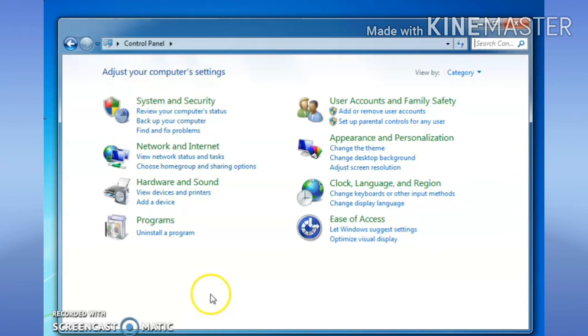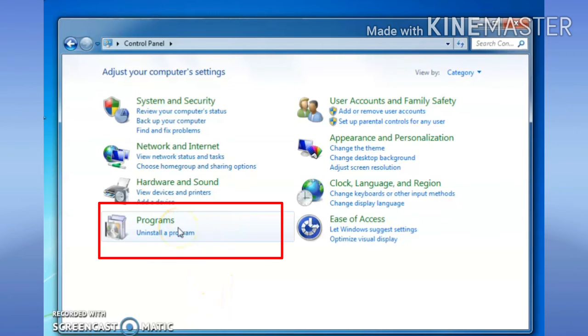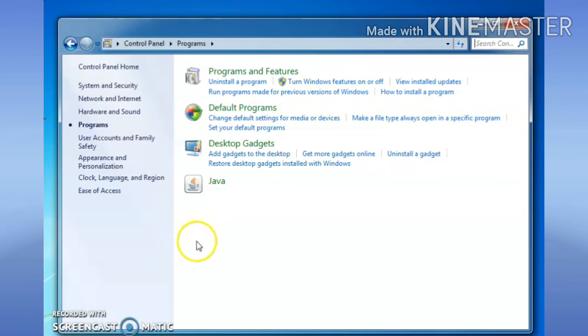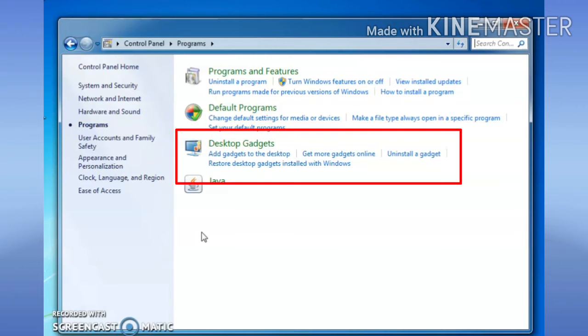And children, the next one is Programs, and it allows you to get new programs, and also you can uninstall programs on your computer. When you click on it, you can see this window, in which the last one is Desktop Gadgets. It contains gadgets that are already installed on your computer, and through that applet you can get more gadgets online, or even uninstall a gadget.